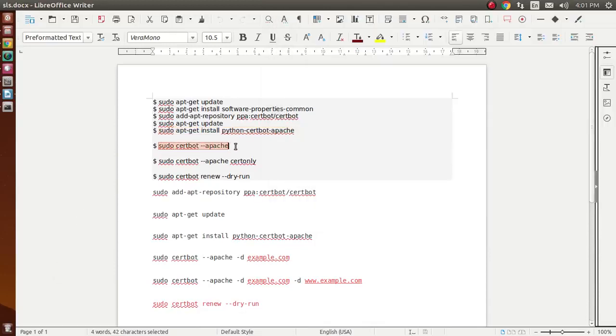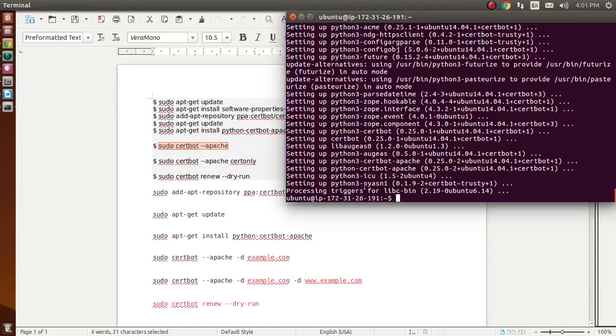After that we run that command, and this command will get a certificate for you and have Certbot add your Apache configuration automatically to the server.